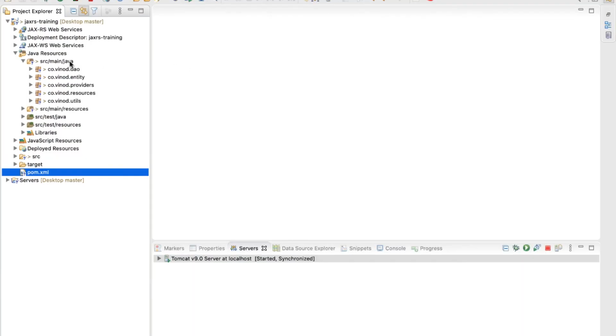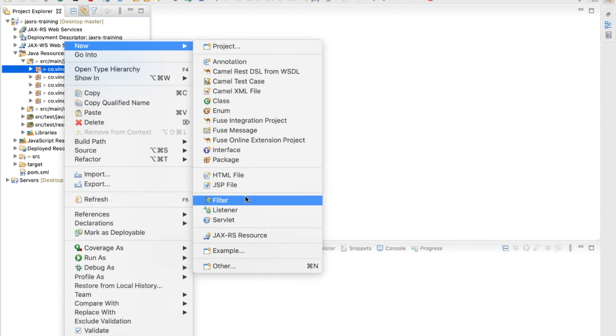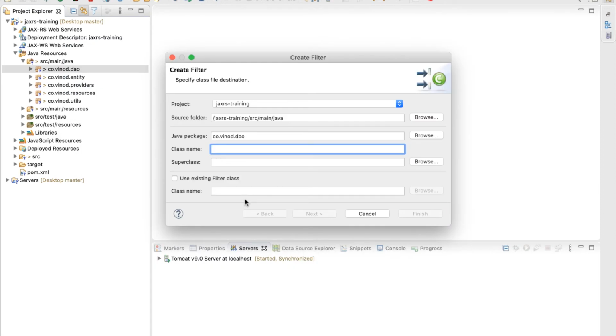And in Eclipse, I'm going to create a new filter, which is a servlet filter, which can filter or intercept all the requests that come to our Jersey, and then add additional headers so that clients from other origins also can access our URLs. So let's right click on one of the packages here and then say new filter and give the name of the class as CORSFilter, and change the package also to filters. There is no need to specify any superclass. However, the class CORSFilter automatically implements an interface called Filter. So let's click next.